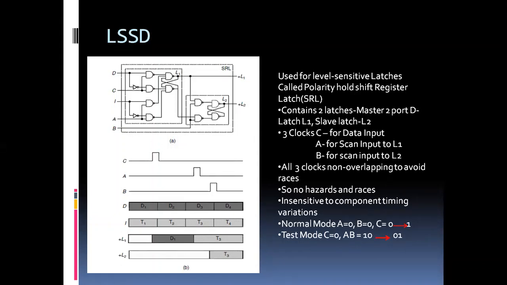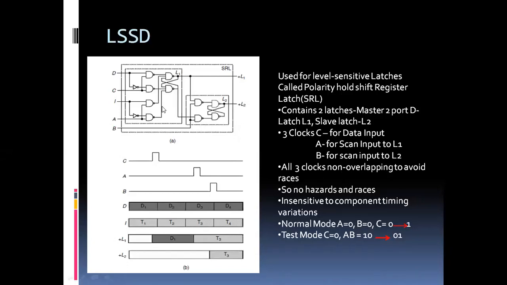non-overlapping clocks, and they are all going to work on a different combination. So we are not worried that there is a race in any input going to the output. There is no race between data input and the scan input catching up to L1, because they are working on a different clock and the condition required is totally different. For driving L1 from the scan input, I require A equal to 1 and B equal to 0, whereas for data input, I require A equal to 0. So there is no point in having any hazards or races introduced in my circuit. So that is one very big advantage.